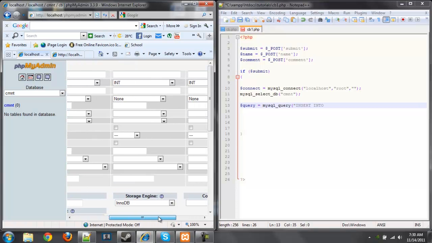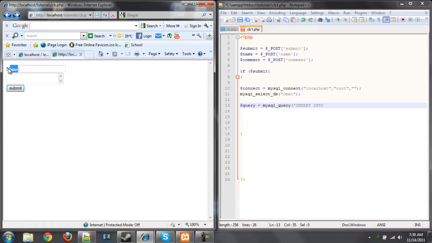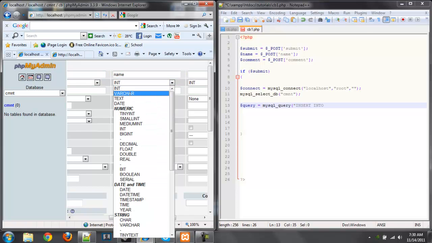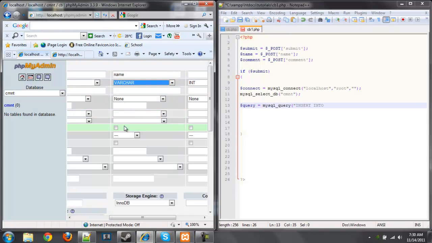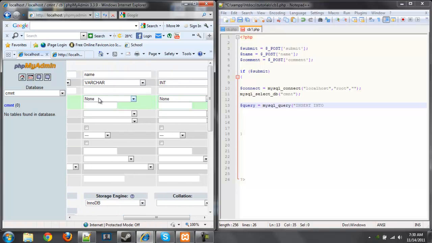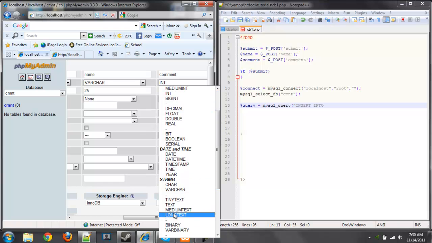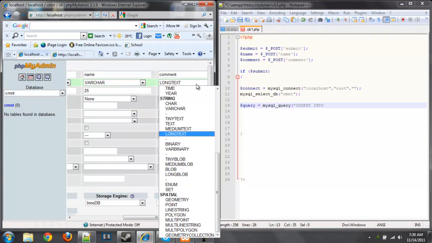Let's go over the next field. This field is going to be our name box. So we're going to type name. It's going to be a varchar. And right here, the length/values is the max value it's going to allow. I'm going to say 25. And then our comment, which I usually just put as, let me find a long text, maybe even